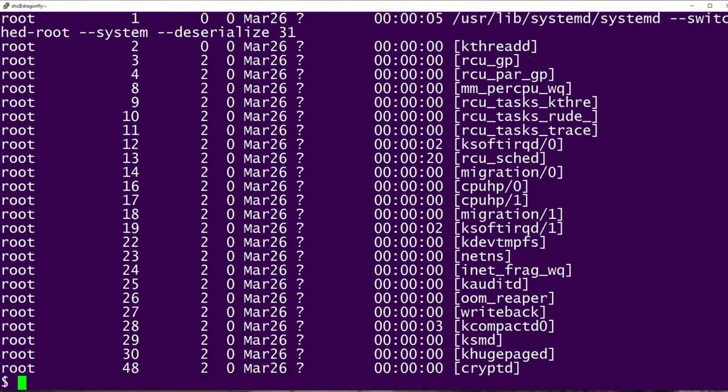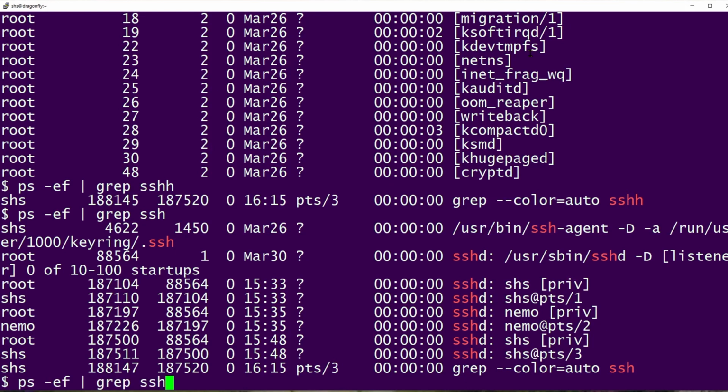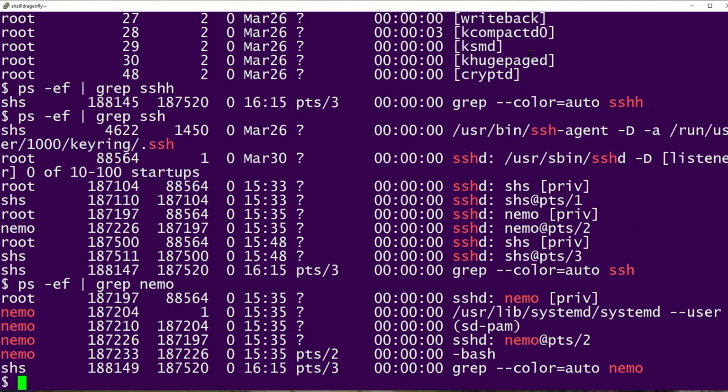Okay. Now, if you want to see only certain processes, you can go ahead and do ps -ef and then just grep. Grep on a command name like ssh, like that. Well, that's better. Or you can grep on a username like Nemo,